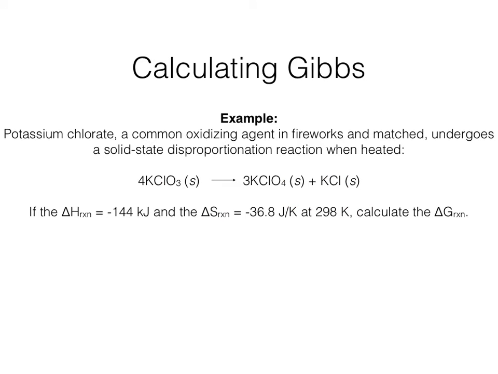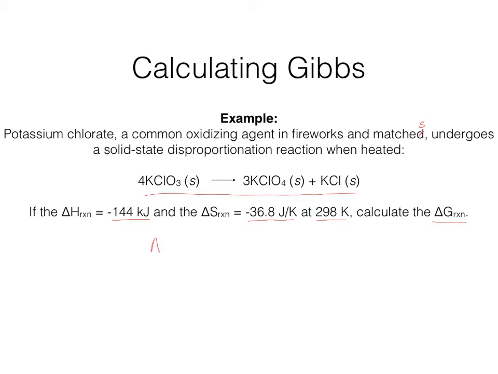Okay, so in this example, we have potassium chlorate, a common oxidizing agent in fireworks and matches. It undergoes a solid state disproportionation reaction, which is just a fancy way of saying that it decomposes according to the reaction that's given here. And so if the enthalpy of the reaction is negative 144 kilojoules, and the entropy of the reaction is negative 36.8 kilojoules at 298 Kelvin, we want to calculate the Gibbs free energy of the